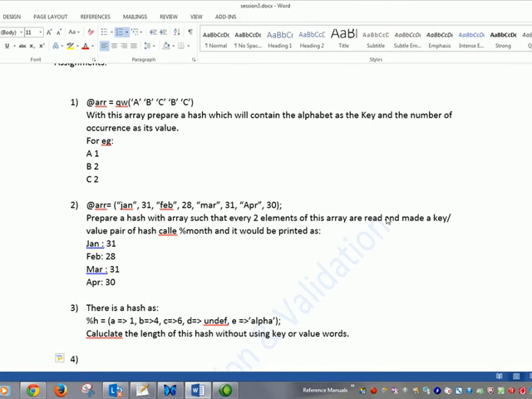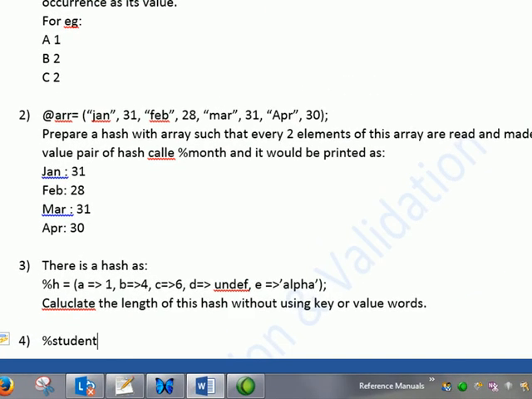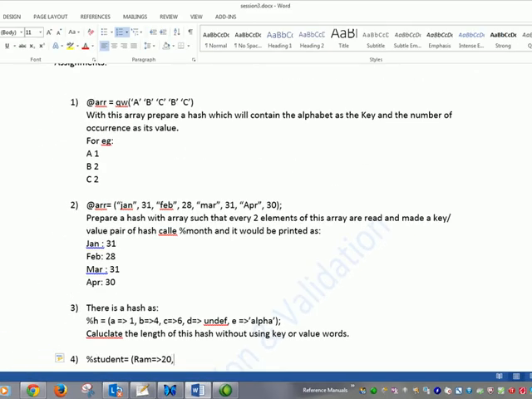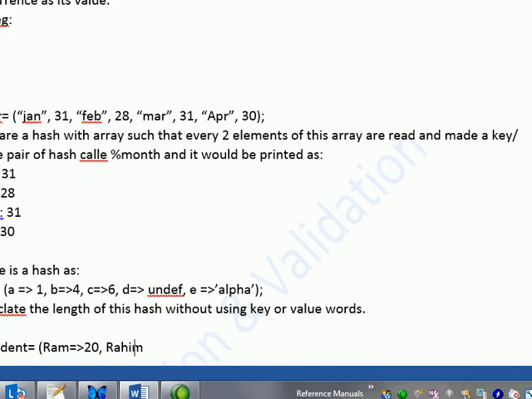Now there is a hash %student is equal to Ram 20, Rahim.